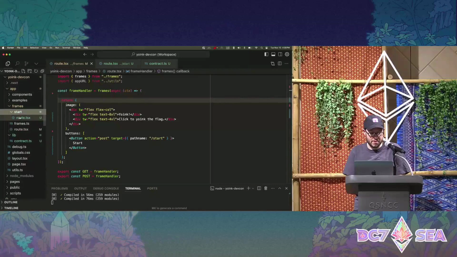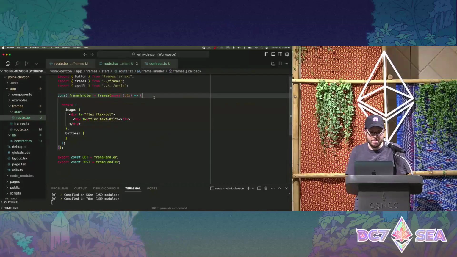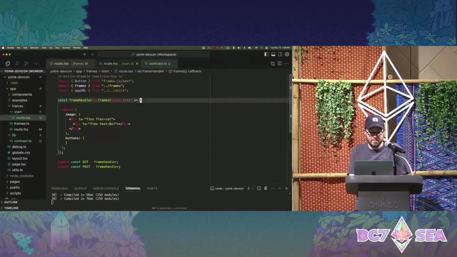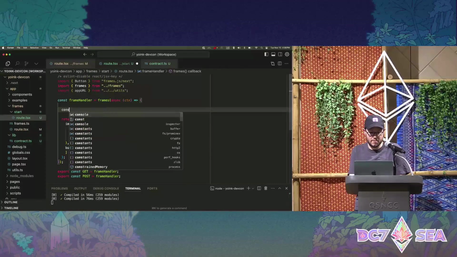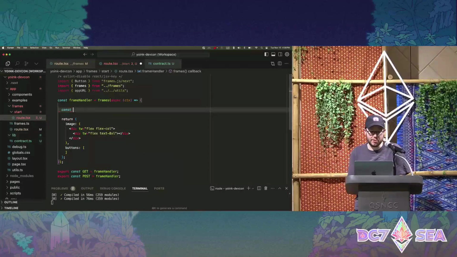Let's go back to our frame handler here. Before we render the image, we can call that function to read some data.